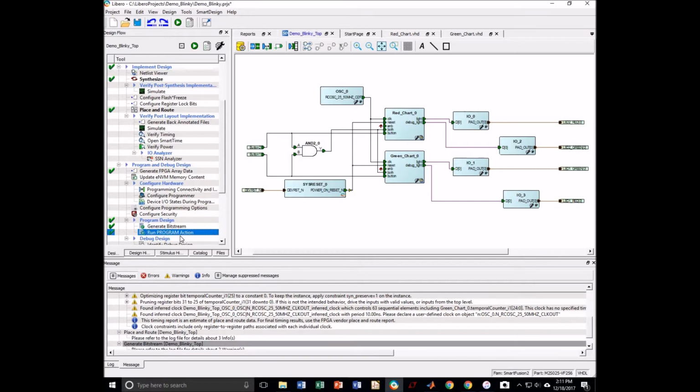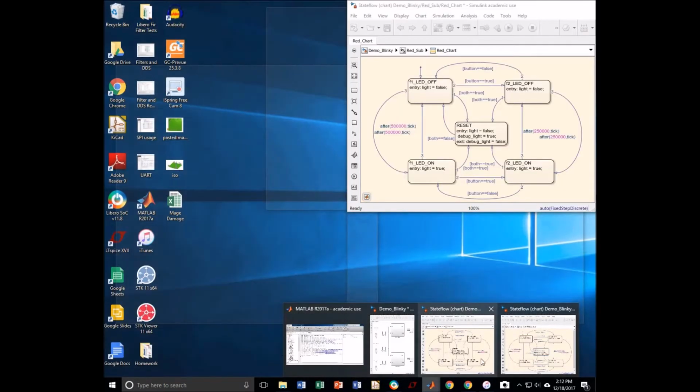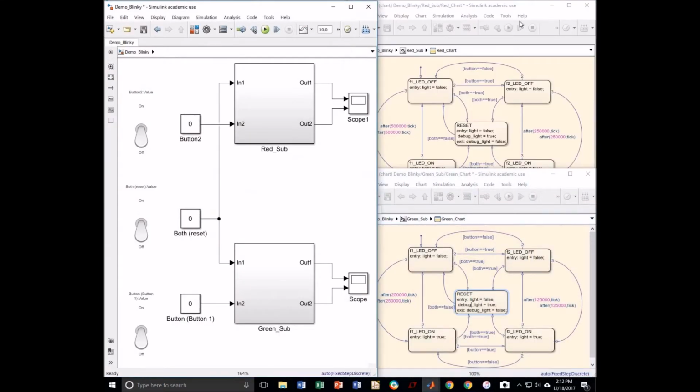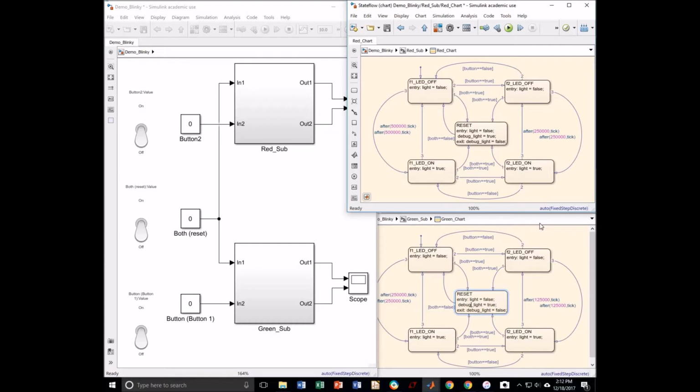This program works very well, but again, like I said, I put in a debug LED to see when I was in the reset state. And if you act like a normal human being with this design, then it works great, just like the Simulink version worked. But the problem is, coming back over here to all of our Simulink and Stateflow designs,